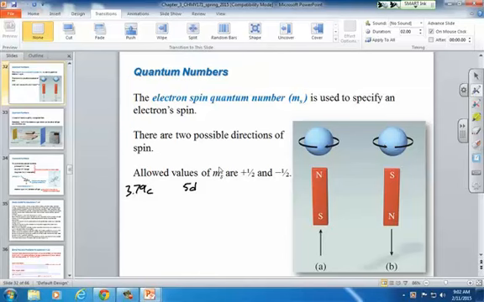So this notation gives you information about the first two quantum numbers. Once you know that, you can at least say something about what the other quantum numbers are, but you can't know for sure what the other quantum numbers are. So what we can say from this is n equals 5,